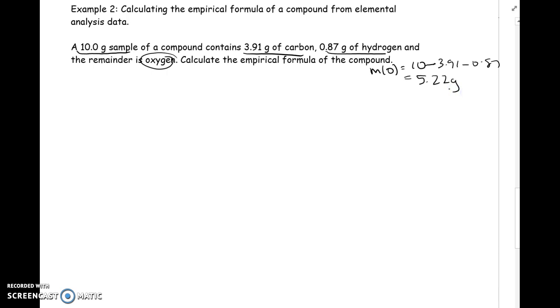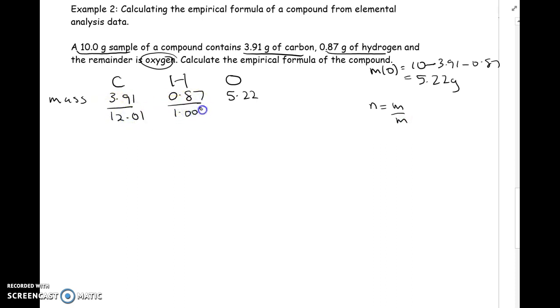Now setting up my table, I have carbon, I have hydrogen, and I have oxygen, and the first part we have is our mass. So we have 3.91, 0.87, and 5.22 grams. Now to find our moles, remember number of moles is equal to mass over formula mass. So the formula mass of carbon is 12.01, hydrogen's 1.008, and oxygen is 16. So our moles will come out to be